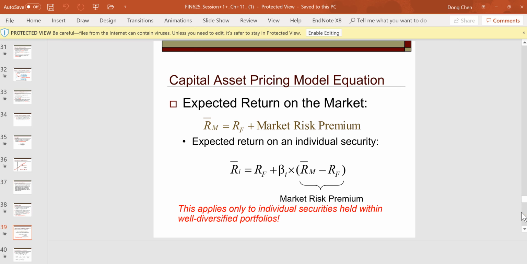So R_i, the expected return on any security, equals R_f plus beta_i, the measure of systematic risk for the security, times the market risk premium, which is the expected return on the market minus the risk-free rate. So this is the CAPM. The equation is very simple. Back to our setup,